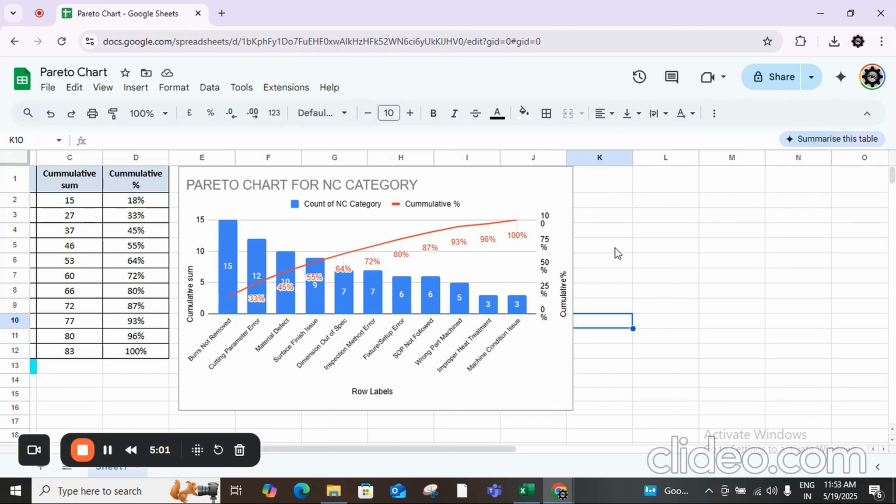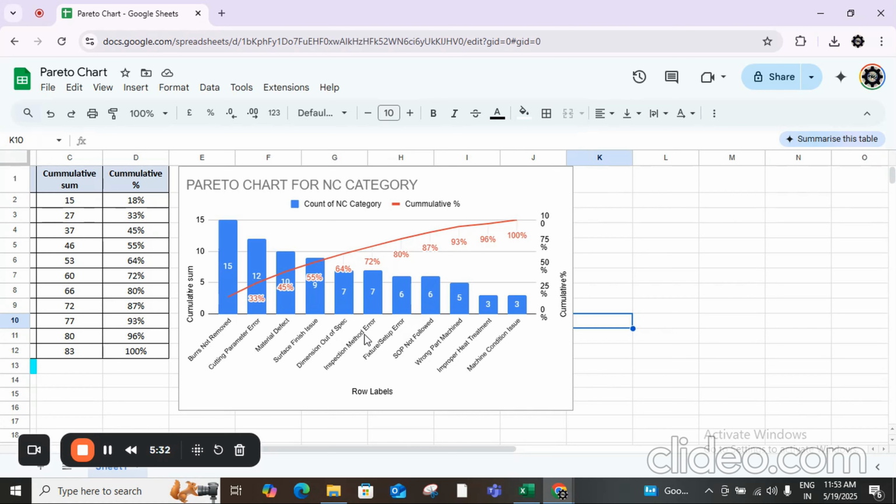It's a thumb rule, like usually 20% of the NC categories or the causes will be having 80% of the coverage in this Pareto chart. But if you see this chart, 20% of this 11 would be 2.12, something around 2. But here you can see that